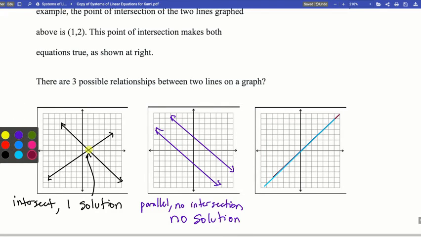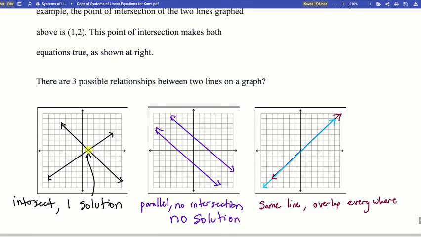Now I have them overlapping in this strange way because I really want to show that there are two lines here, but you'll notice they're right on top of each other. So what we say is that they're the same line, meaning they overlap